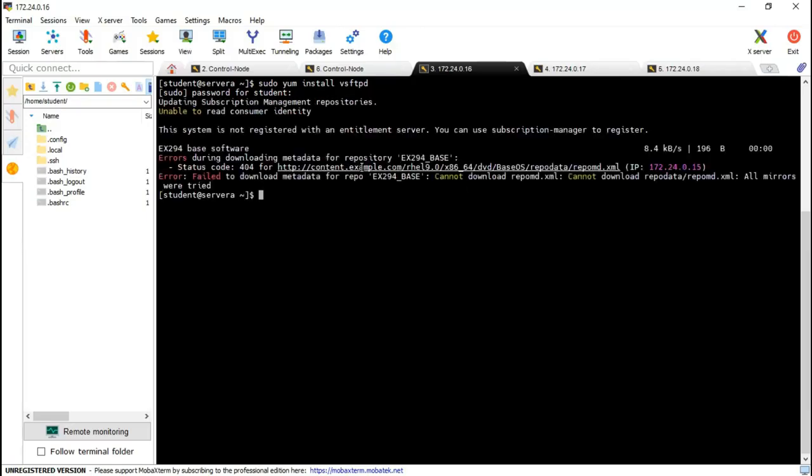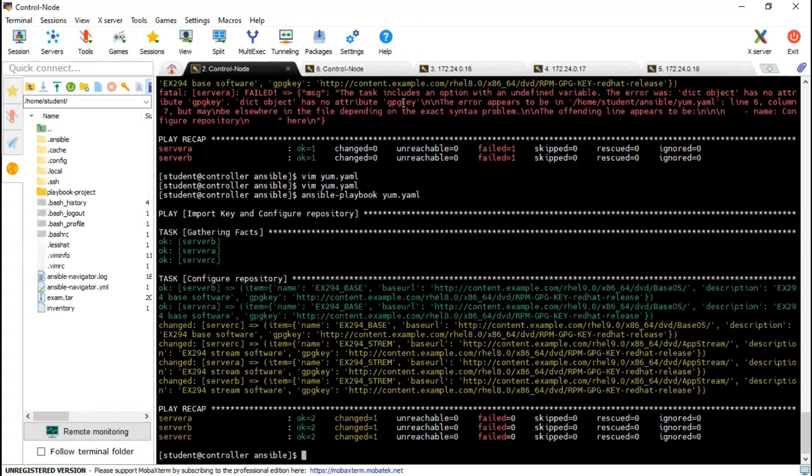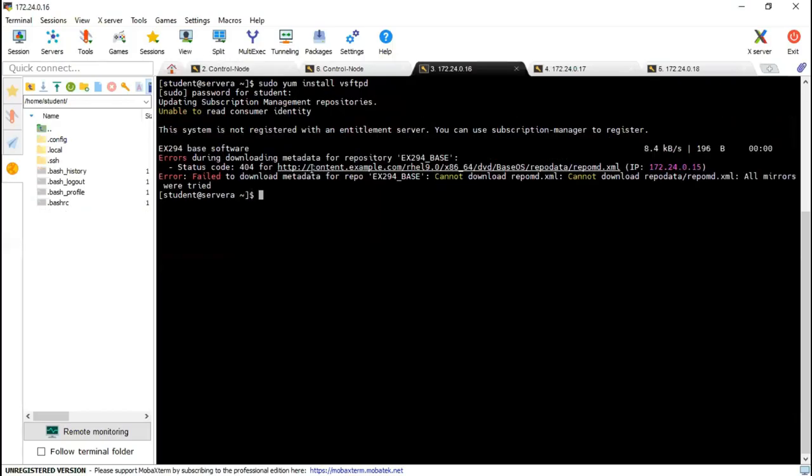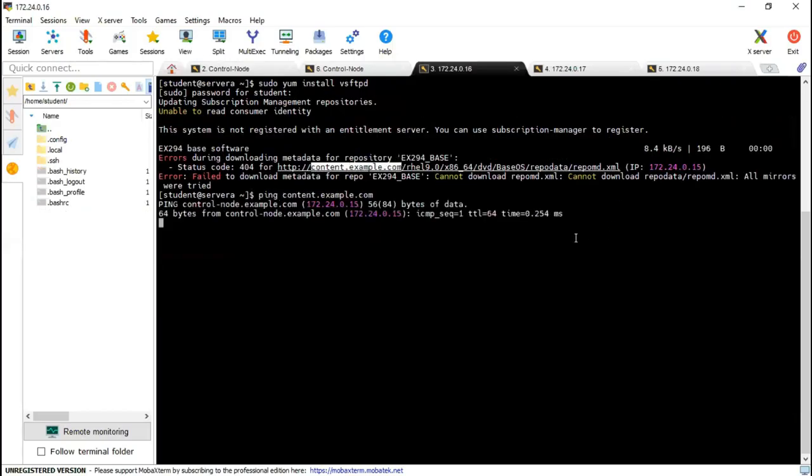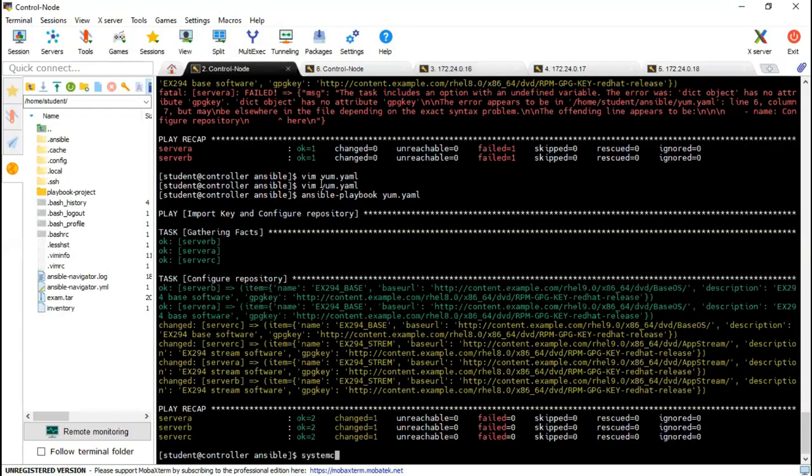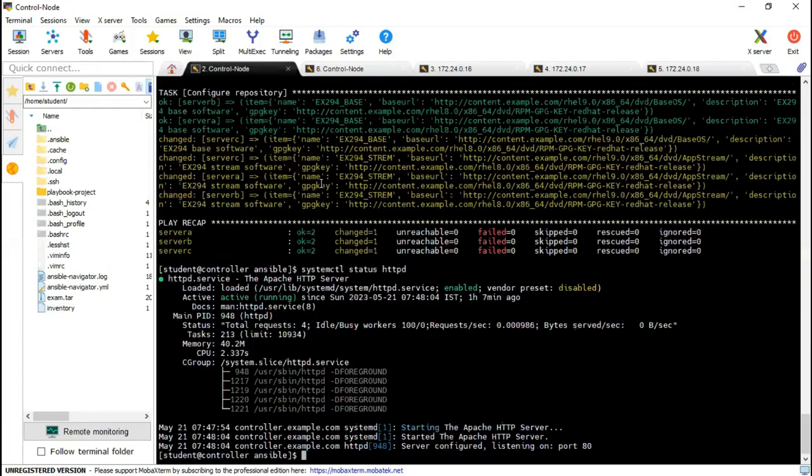Content.example.com. This is the issue of my server actually. On my server, this repo data all IP failed to download. Is it able to ping? This is all about setup. I think systemctl status httpd, sudo firewall-cmd --list-all.